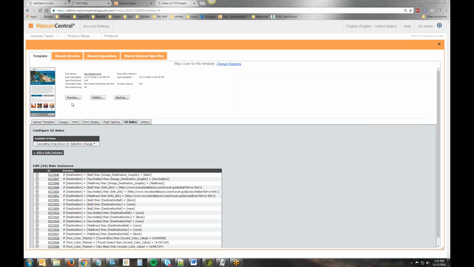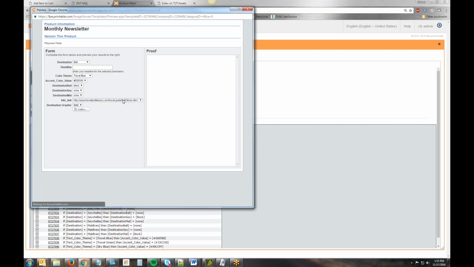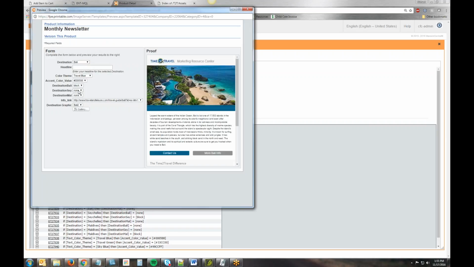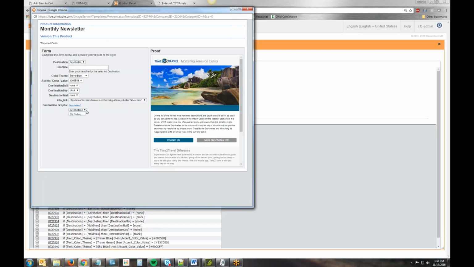All right, now when we go to our preview, this drop down, watch what happens to all these fields in here. I go and click Seychelles, it triggers it here. So the graphic is the only one selected there. Here's the selection for the URL. You can see this one set to none, block none, and that's what we want. Then here with travel blue, it's obviously picking this one there. If I switch it to green, it switches that one. If I switch it to sky blue, it switches to that one,